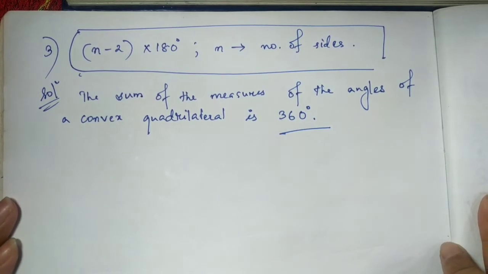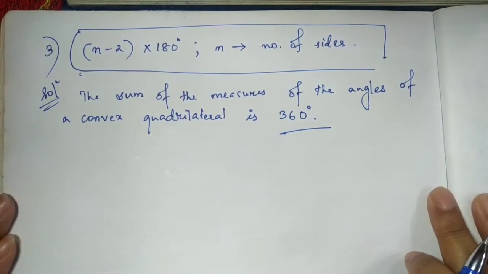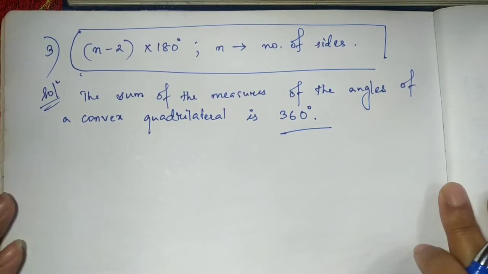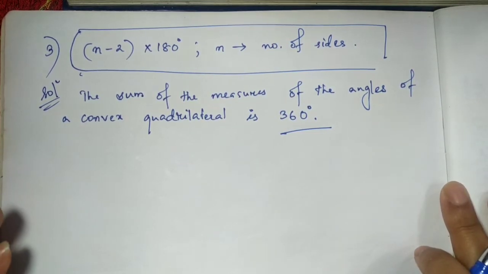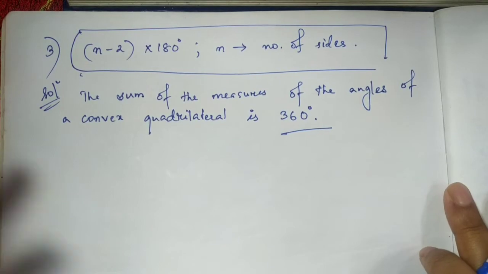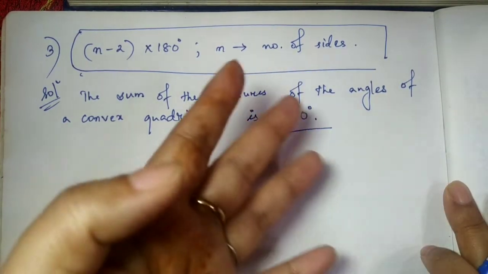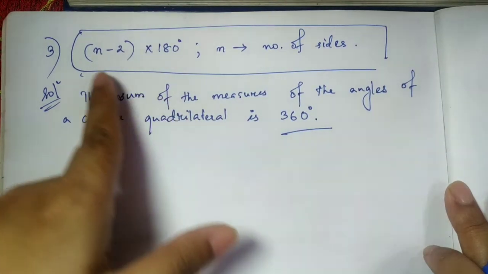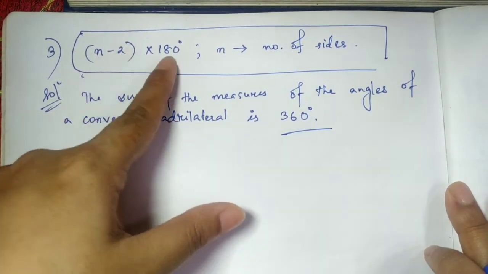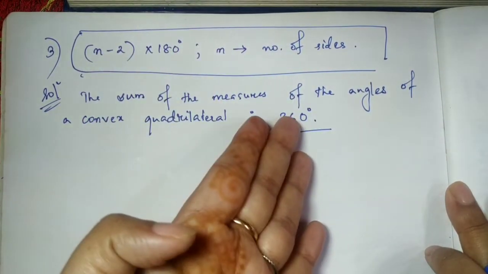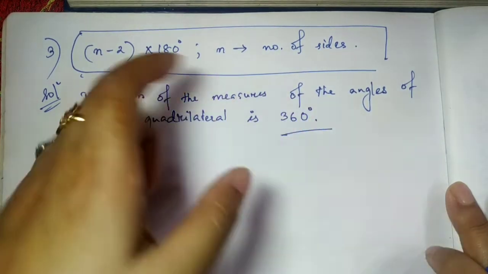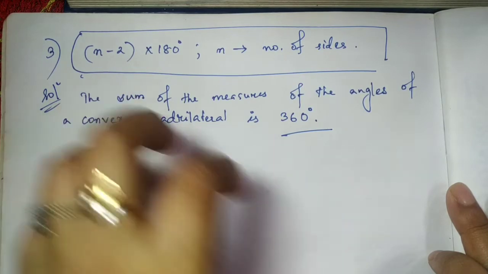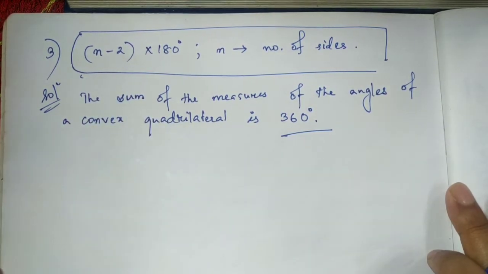Now the second part is given: will this property hold true if the quadrilateral is not convex? So obviously it will hold true if it is not convex, because the quadrilateral, whether it is convex or concave, will have 4 sides since it is a quadrilateral, and if we put 4 minus 2 into 180, it will give me 360. Okay, so it doesn't matter whether it is a concave or convex polygon, the sum of the interior angles will always give me the same value.